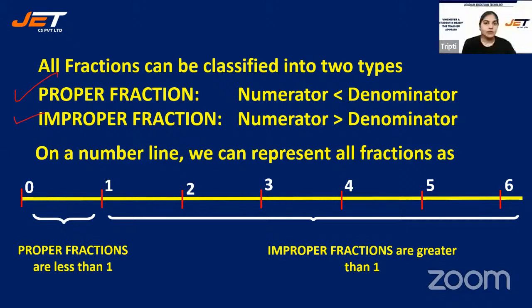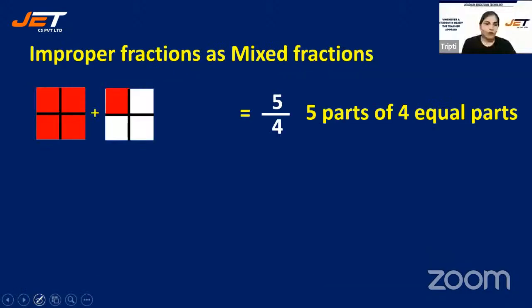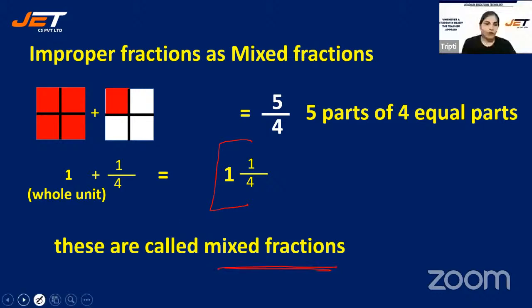Now, improper fractions as mixed fractions. 4 parts plus 1 part, 5 parts out of 4 parts. 1 unit, and this is 1 by 4. We can write it like this: 1 over 4. 1 as a whole part and 1 by 4 as a fractional part. The fractions which have a whole part as well as a fractional part are called mixed fractions. Mixed fractions,